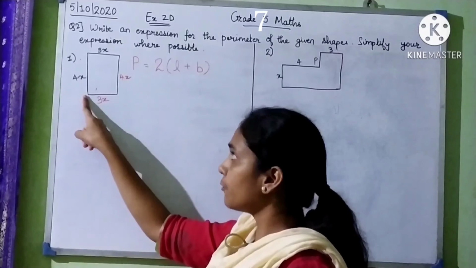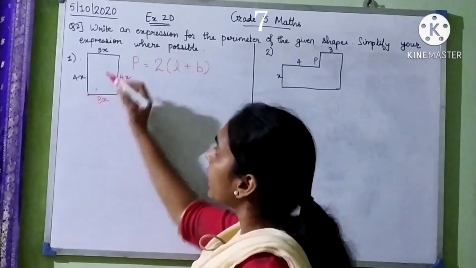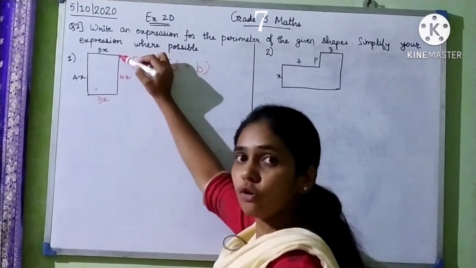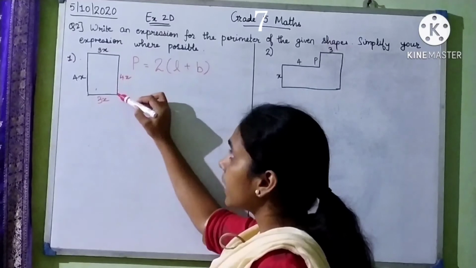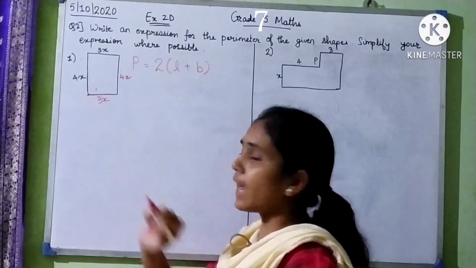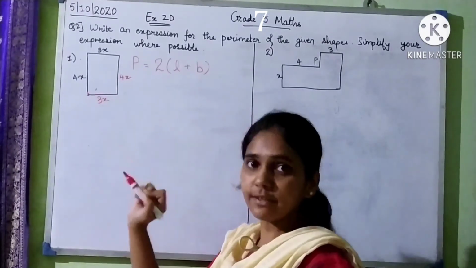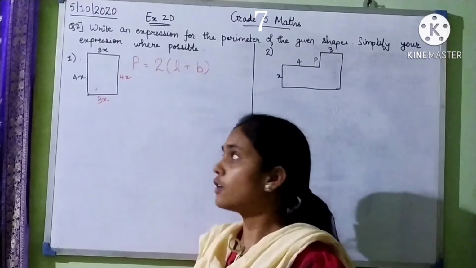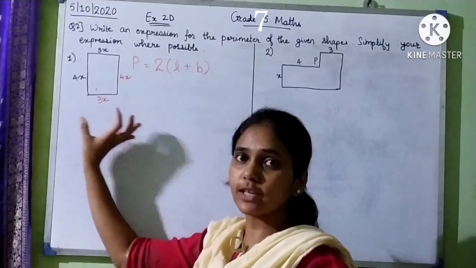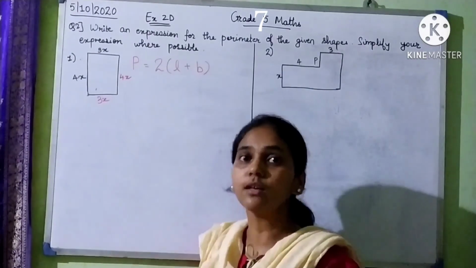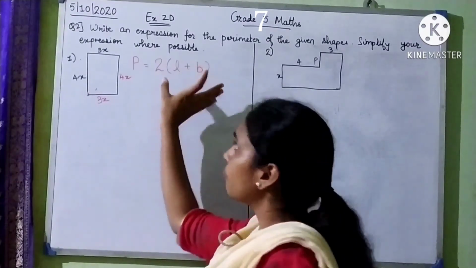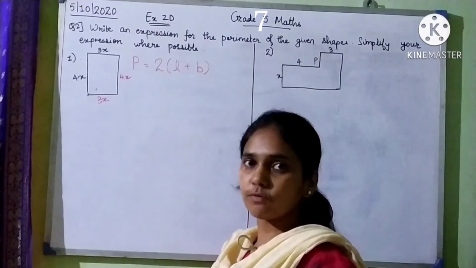Okay. So if I start from this point, I go from here to here, means I travel 4x. Then from here to here I travel 3x. From here again I come here and travel 4x. From here again I come back to this point where I had started, and this again I travel 3x. So this means the sum of all the sides, or the boundary, the total boundary of the given figure. Perimeter means nothing but the total boundary, the sum of all the boundaries. So this is the formula which we have for finding the perimeter of the rectangle.